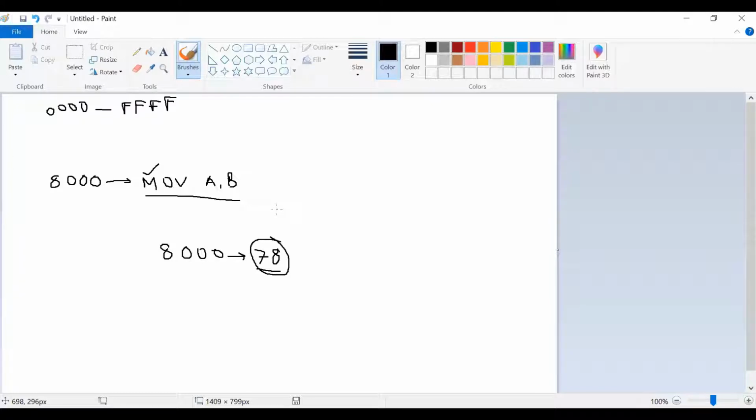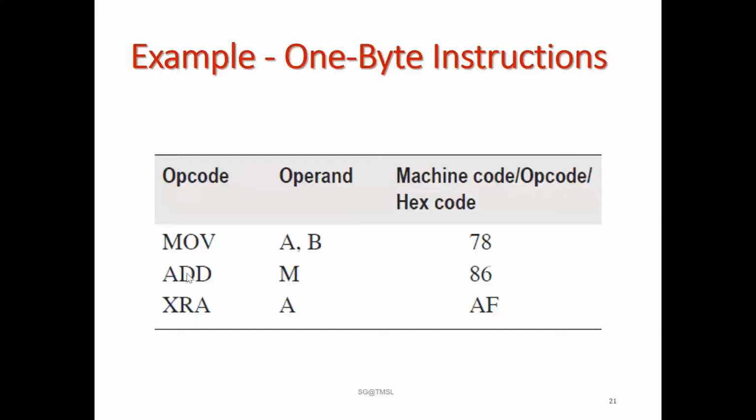The instruction which requires only one memory location is called a 1-byte instruction. Other examples are add M or add B. The machine code of add M is 86. Like add B, that is a fixed hex code, which is 80.